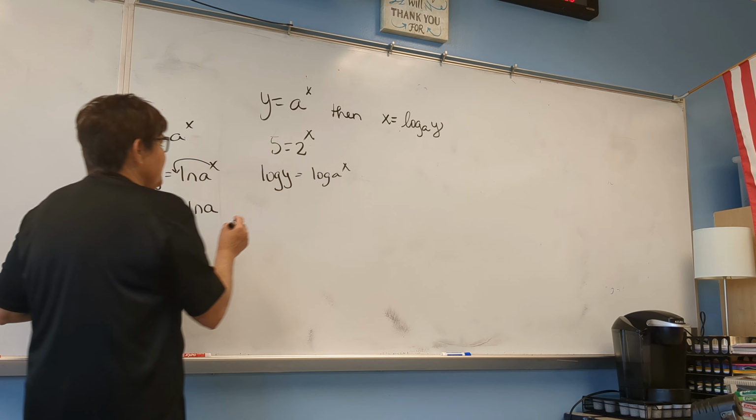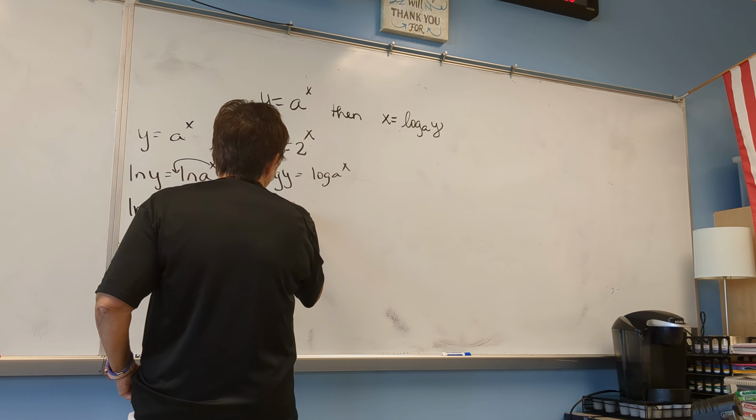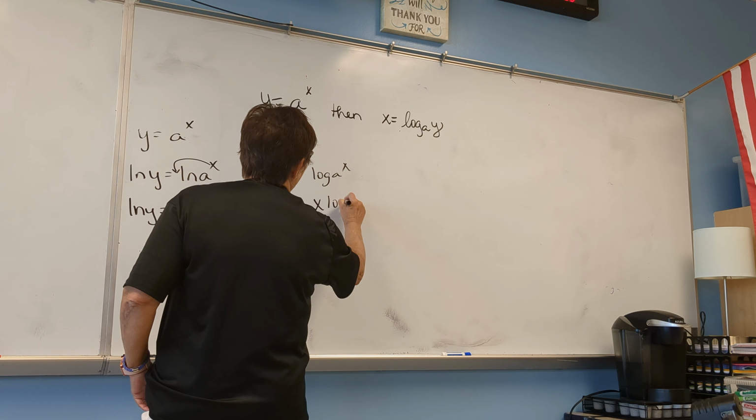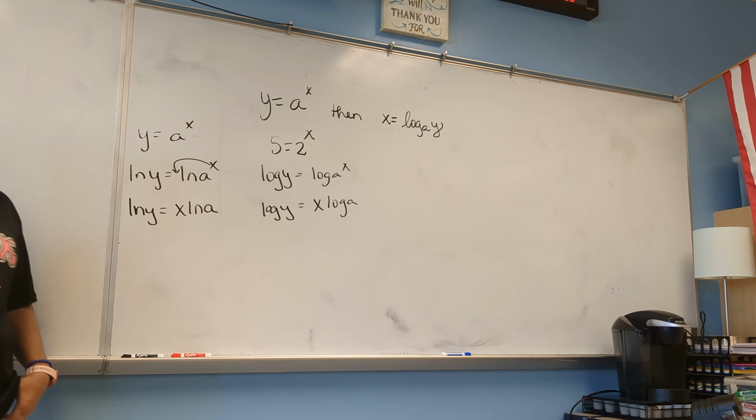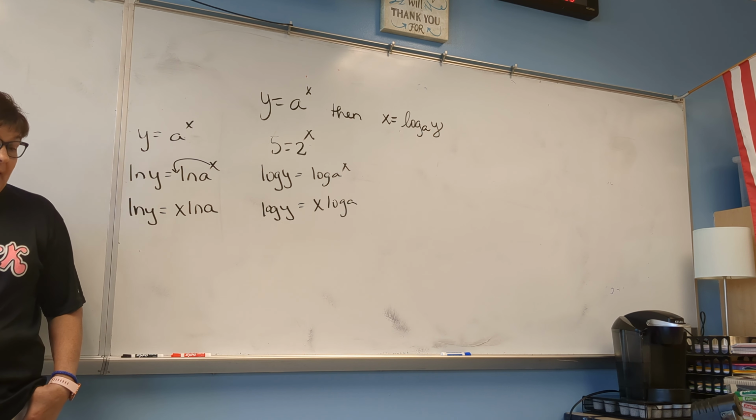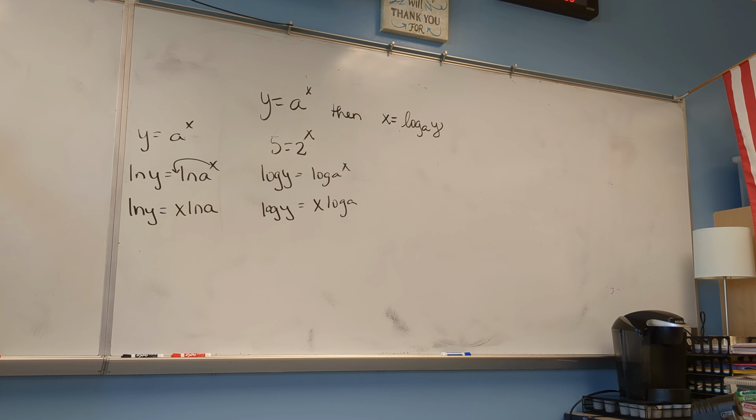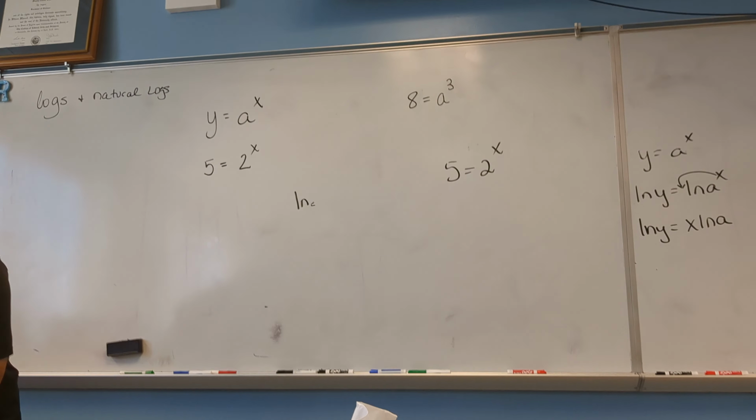Okay, same concept here. Instead of that, you could put the x down to the front and rewrite it as such. So how is this going to help me? If I was doing 5 is equal to 2 to the x, I am going to use the natural log and the log. Let's play with the natural log and the log on your phone for a minute. Natural log is what we refer to as base e. E actually has a value. So if you look on your little calculator and you find the letter E,